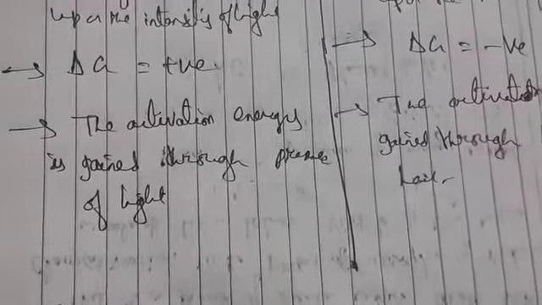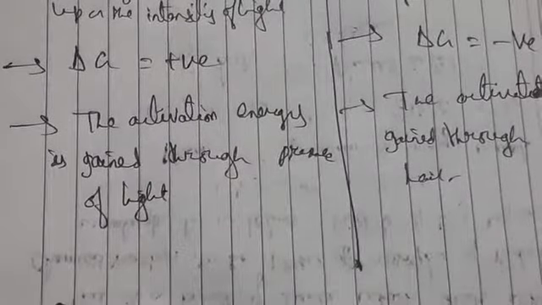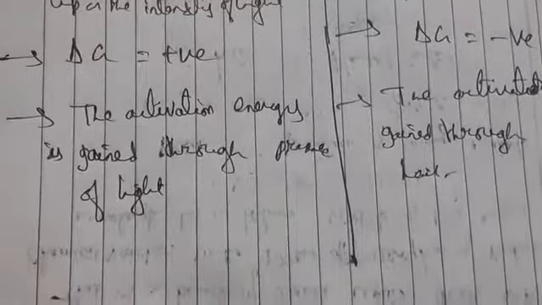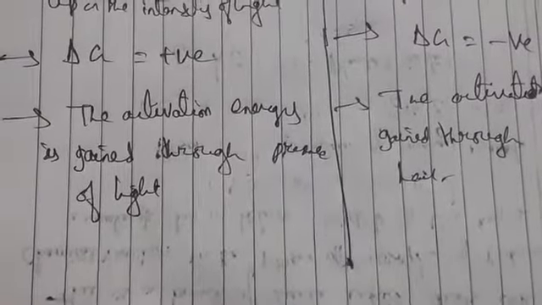One more thing we can say: in photochemistry, only specified molecules are promoted to the excited state, but in thermochemical reactions there is no selectivity; any molecule, all the molecules, can react. So this is the general introduction to photochemistry. In the next class we can speak about the laws of photochemistry.